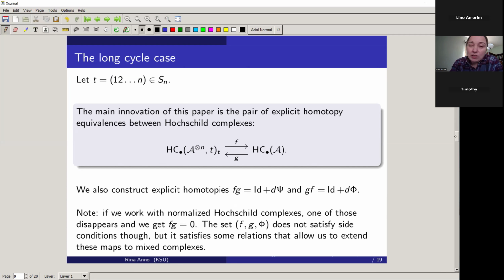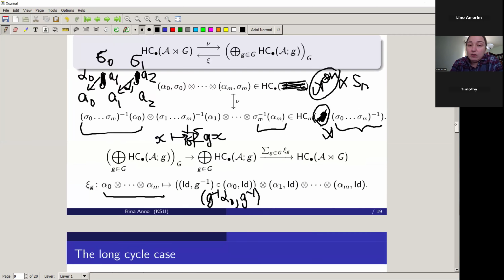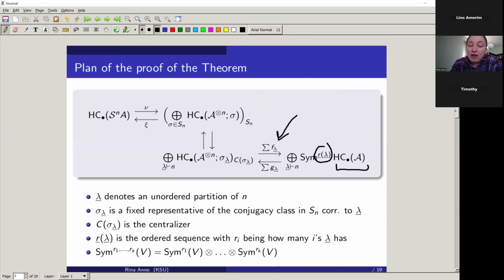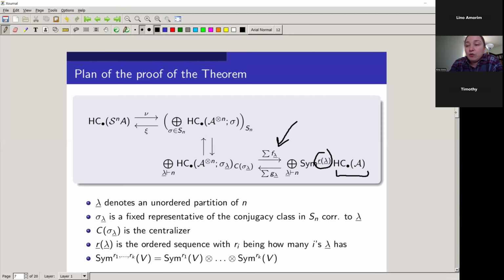And then we construct a pair of two homotopy equivalences, which we call F and G. So here in this diagram, we have F sub lambda and G sub lambda, where lambda is a partition. And those are made out of individual instances of F and G, and then